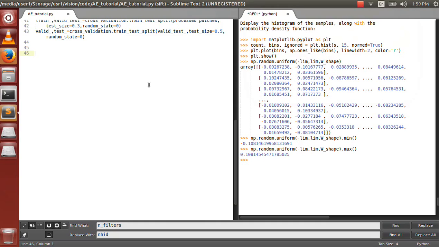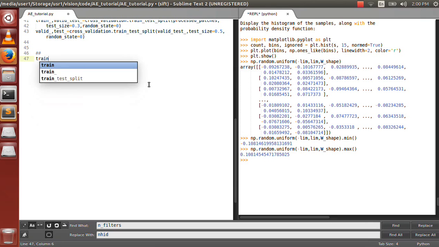So we have finished defining our three sets by using sklearn and all the pre-processing operations. It's now time to put them in the Theano framework so that we can exploit automatic differentiation and also use the GPU when available. Our first step would be to make Theano shared variables for holding our three sets. So we'll write train is equal to Theano.shared of train_.